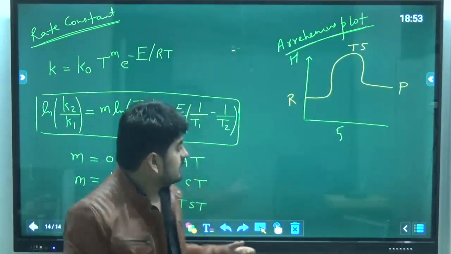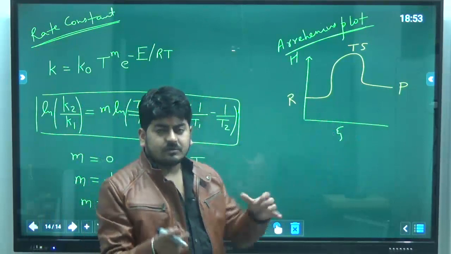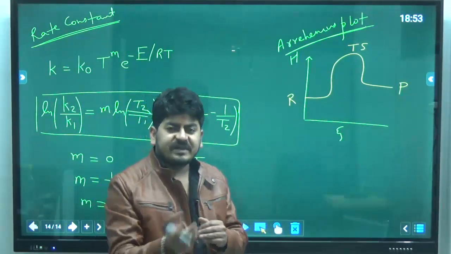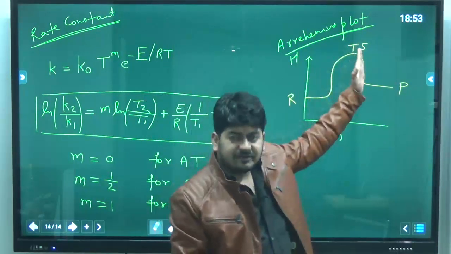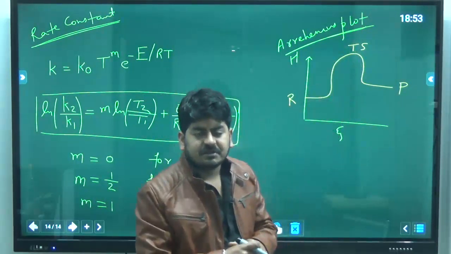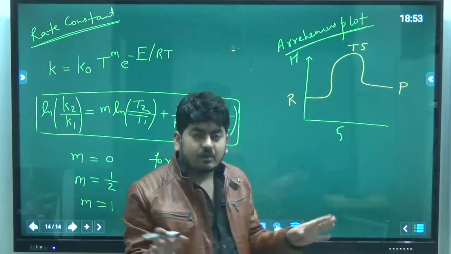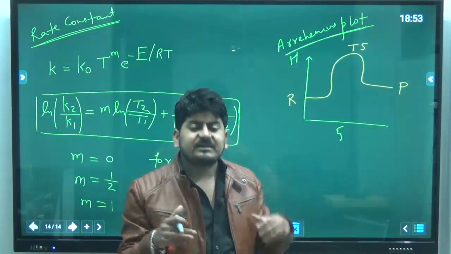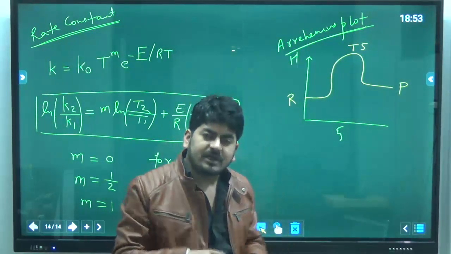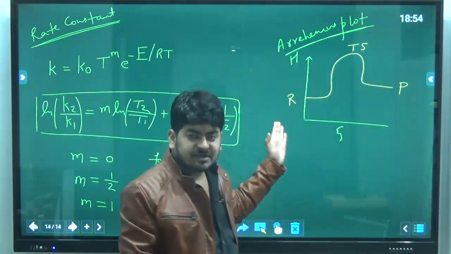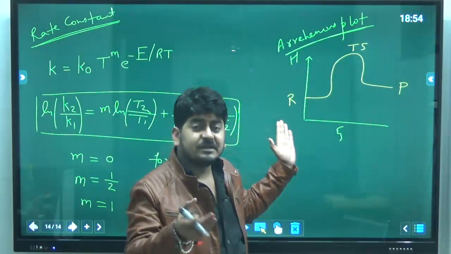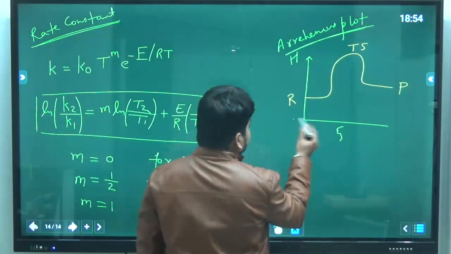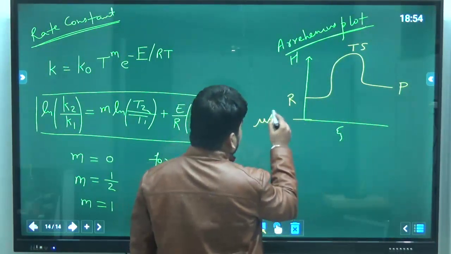Initially reactant molecules are there, and there will be some bonds. So the bonds will break and all atoms will get free, so they will achieve the transition state. When all the bonds are broken and atoms are free, those atoms have a choice. Either they can form the old bonds one more time and get back to the reactant state, or they can form new bonds and move to the product state. And this is the reference point or the datum line.